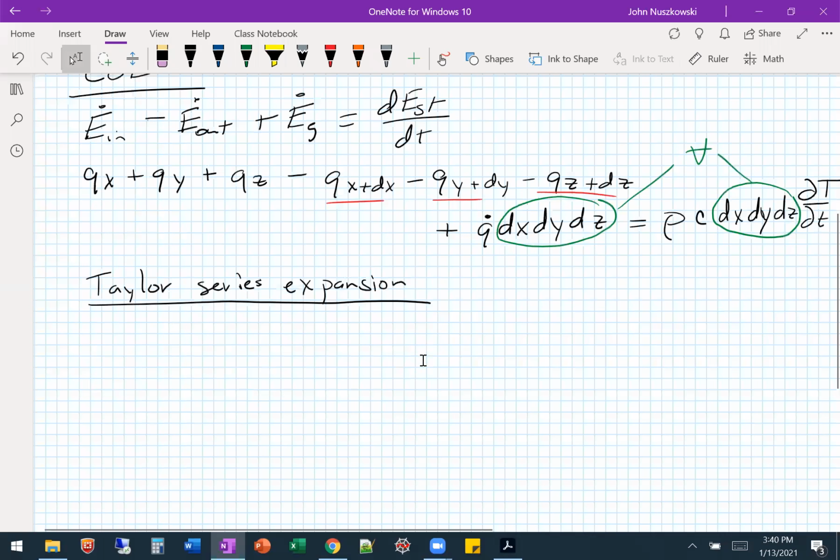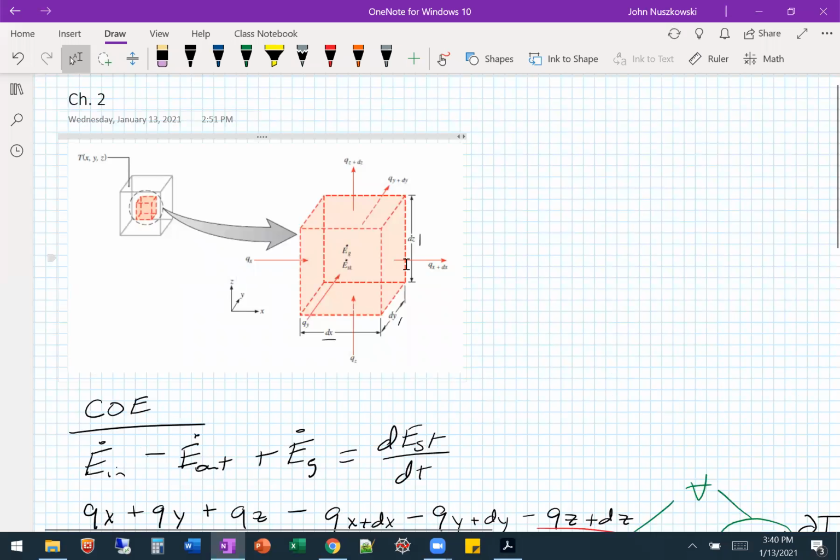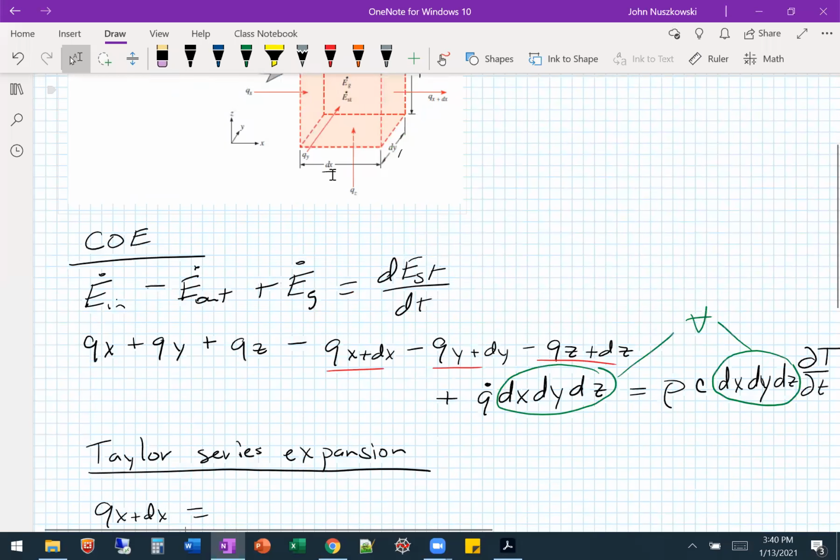It's a very common thing. So our q_(x+dx), on the right side of this cube versus the left side in the x direction,